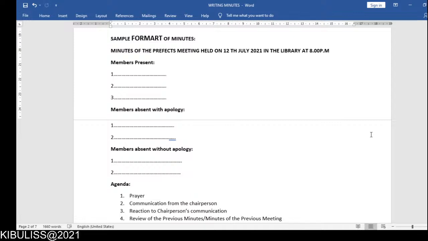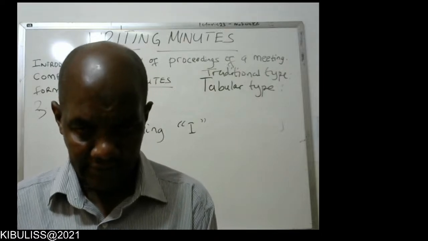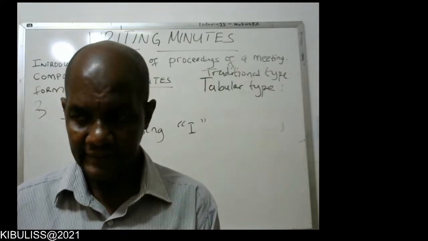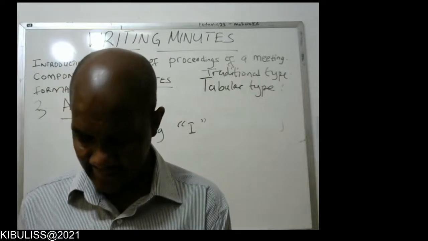If there are 40, we should have 40 names. And normally, when we are listing these names, it is recommended that the names appear in the order of seniority. What do I mean in order of seniority? It means that the most senior